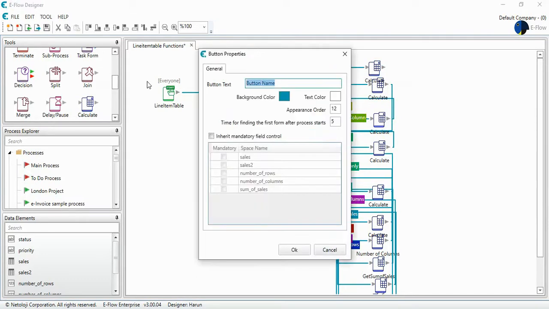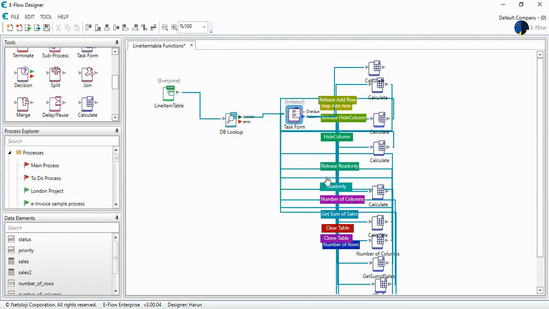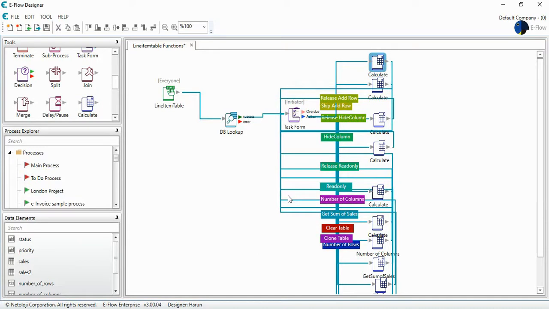Let's say release add row, and let's go back to task form, but this time the function will be false and false. All right, I save this process,